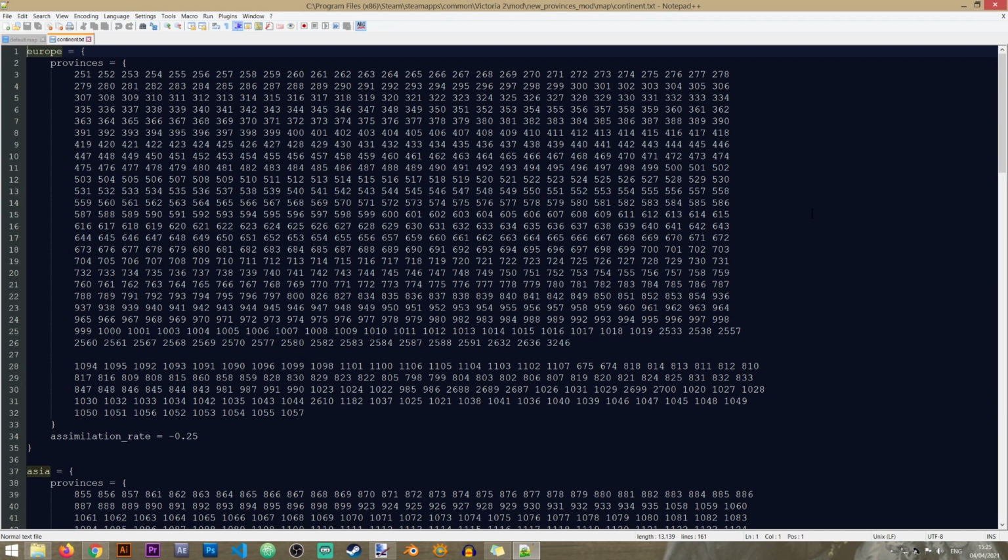and all the provinces that are associated with that continent. So the game knows that province X belongs to continent Y. So since we've added our province in Sinai, and that is in the Africa continent, we'll need to put our new province ID in here. So our province number is